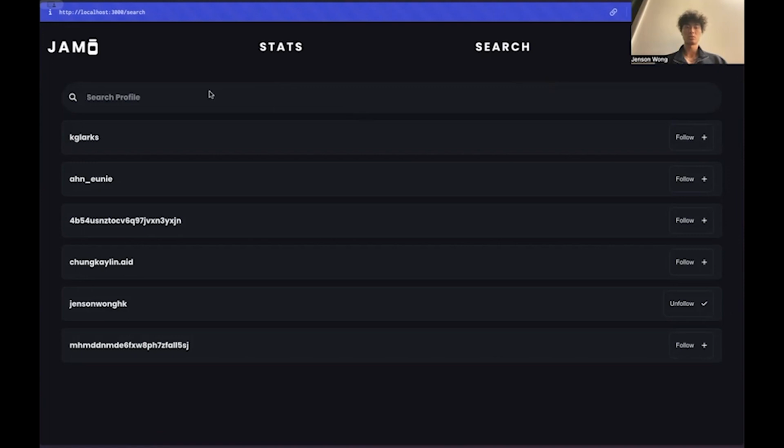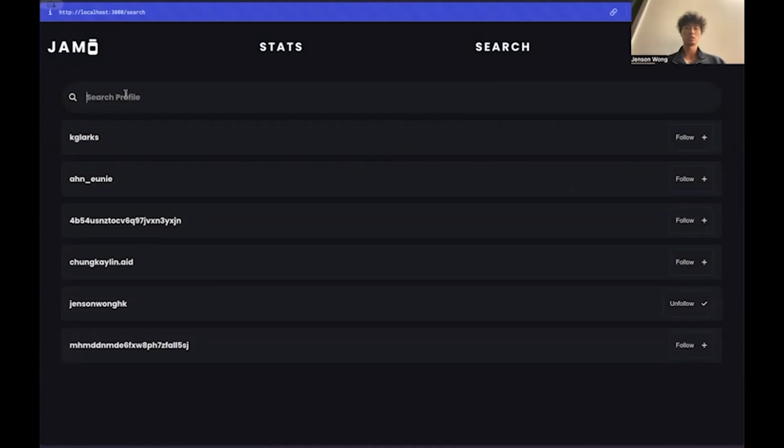Our search page has 2 main sections, which are the search bar here at the top and the search results at the bottom. The way this page works is that when it's rendered, there's a useEffect hook that fetches all the users from our database and displays them in the search results by username. You can use the search bar at the top to search for users, and this is an incremental